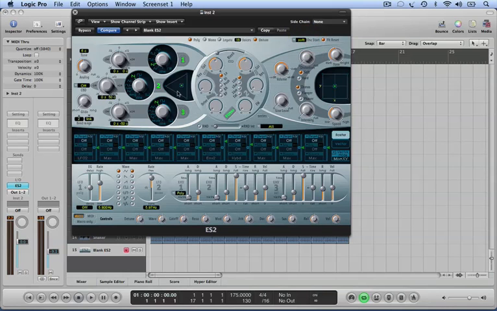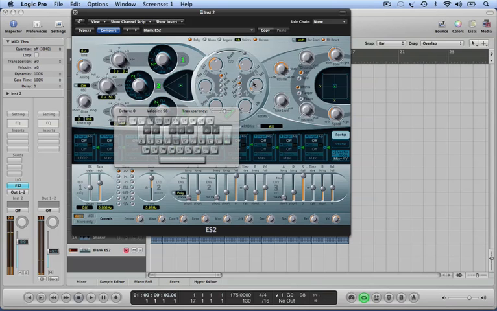Okay, so the next thing that we're going to do is program our filter here. This is the filter section. So if we turn this around, we're going to be using the filter on this side. We're going to be selecting 18 dB, and we're going to turn the cutoff down to 0.2, and the resonance up to about 0.1. Okay, so if we listen back,